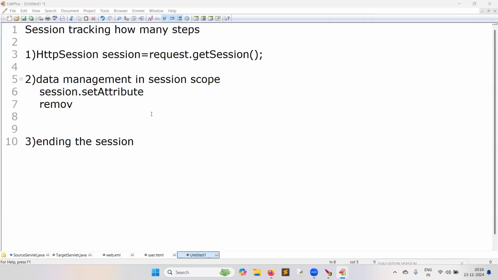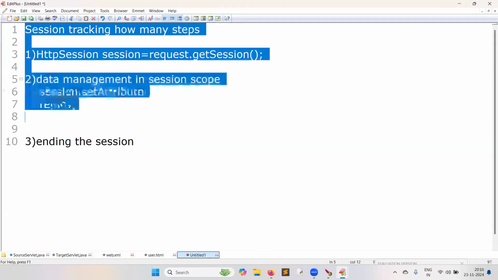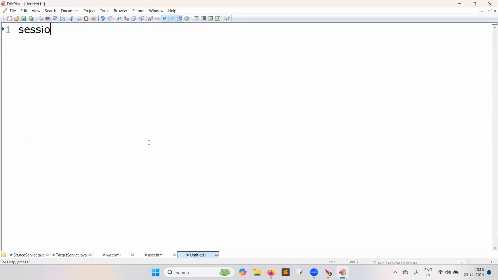Ending the session. Yesterday, one of you was asking, sir, how to end the session? Session is ended in two ways. One is session timeout.